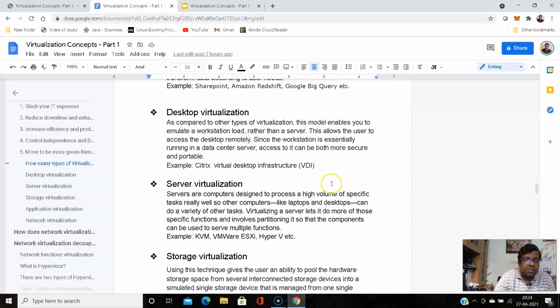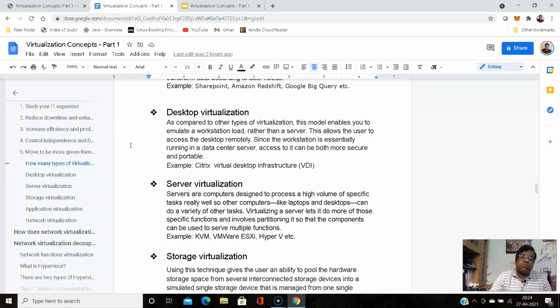Then there is desktop virtualization. Like we are using a laptop in our environment, we maintain everything in our laptop locally. If my laptop crashes for any reason, I will lose my data if there is no backup.